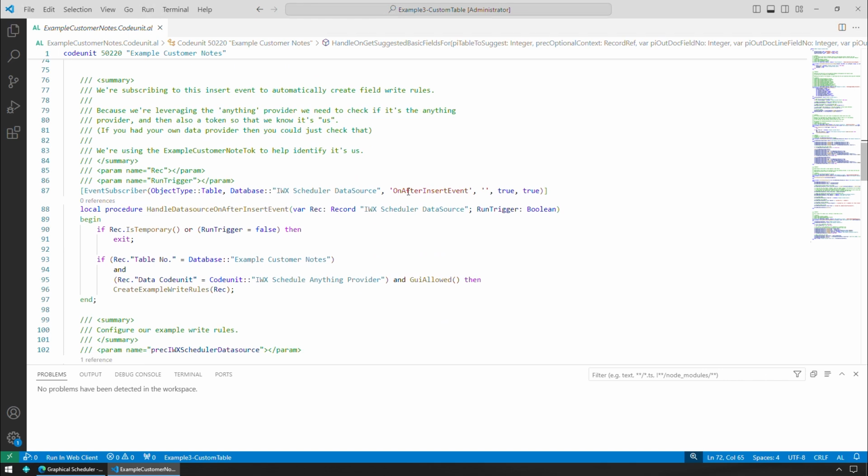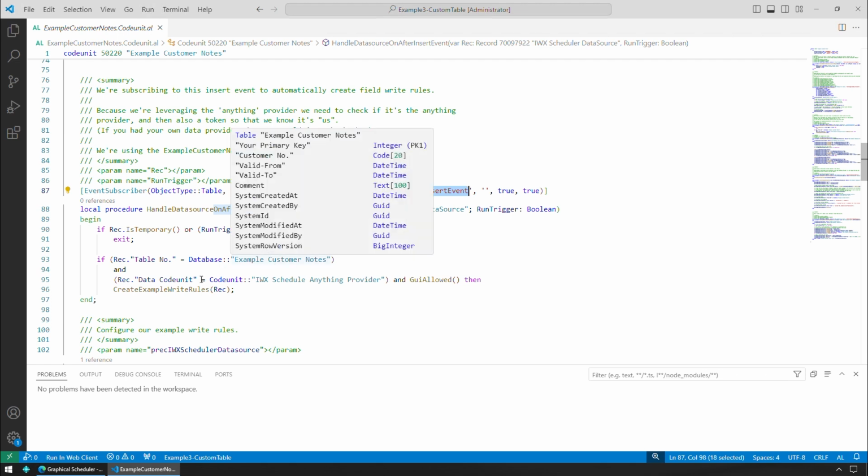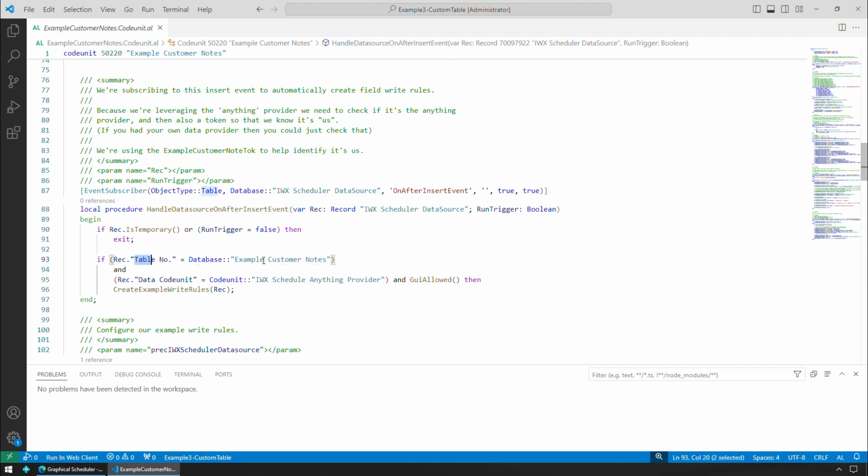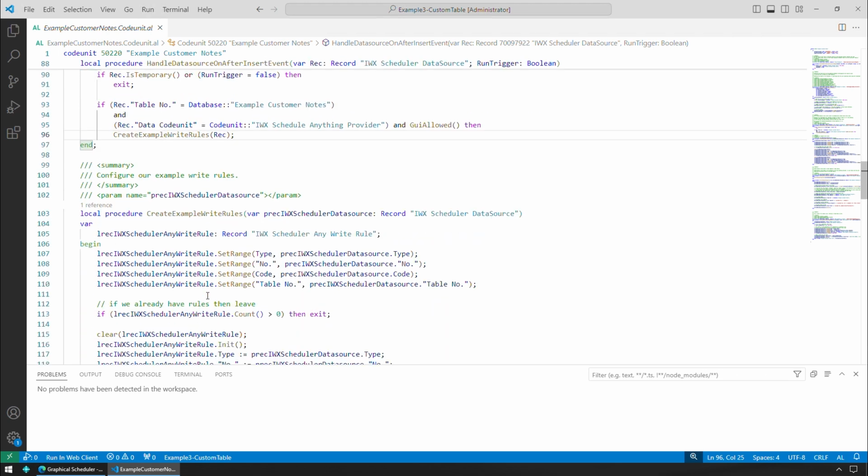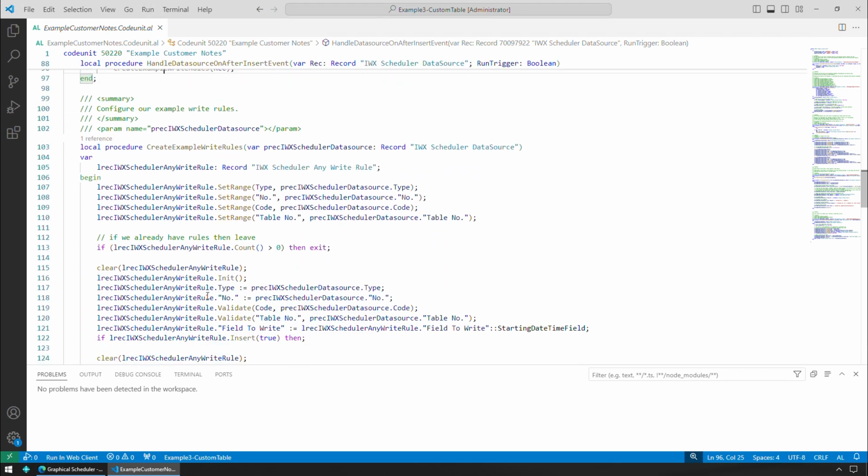Okay, the next one here is just simple data source insert. And what we're doing here is, if they've added the data source, we can create example write rules. So as an example, we're saying, okay, if somebody just added a data source and that data source is to our table that we care about, and the data code unit they've connected it to is the anything provider, and it's interactive, then all we're going to do is create some example write rules. And this isn't necessarily configuration you always need. This is just